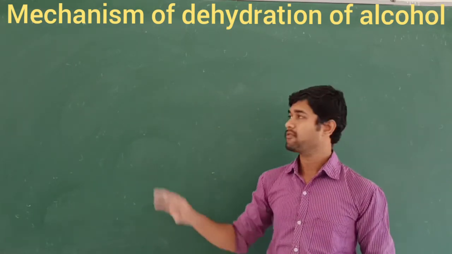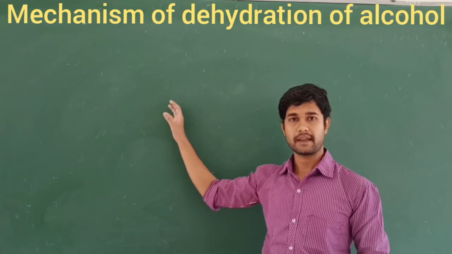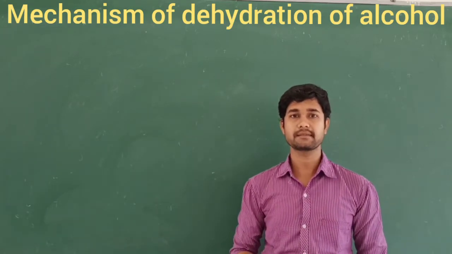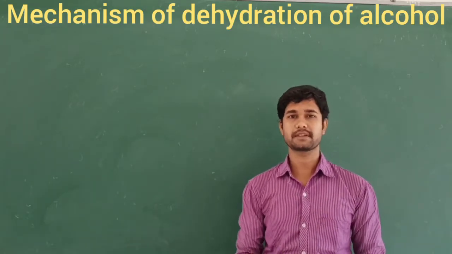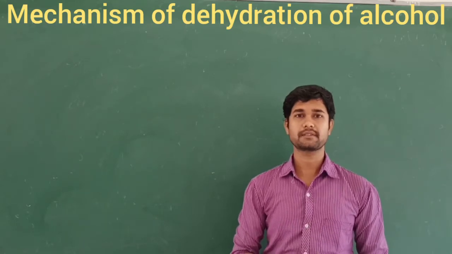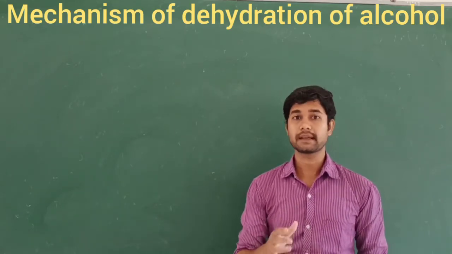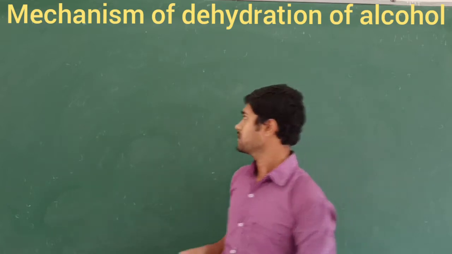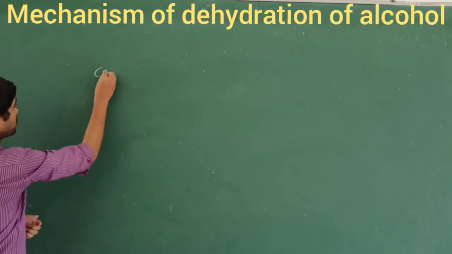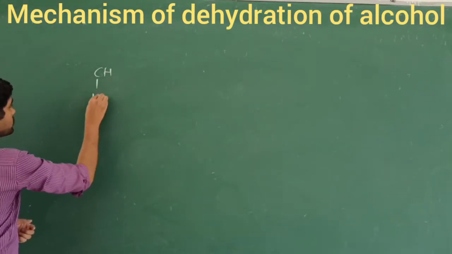That is very important. First I discuss the reaction and later I explain the mechanism, which involves very few steps. That is only 3 steps. We are going to see how we obtain the alkene compound. Let's see the reaction. So I am going to take here ethyl alcohol,